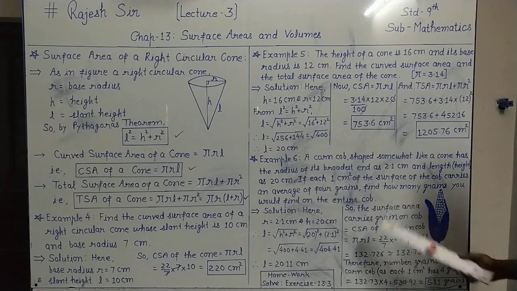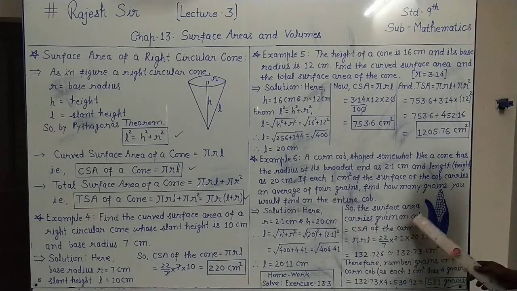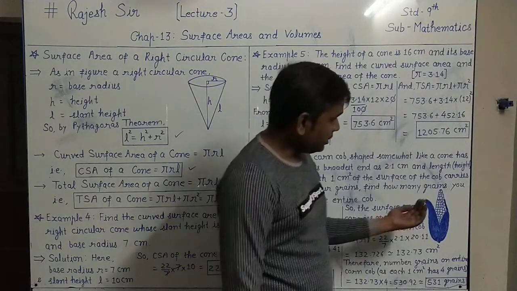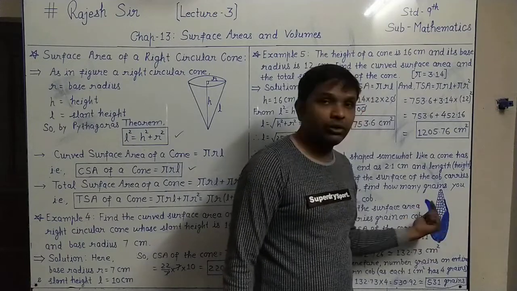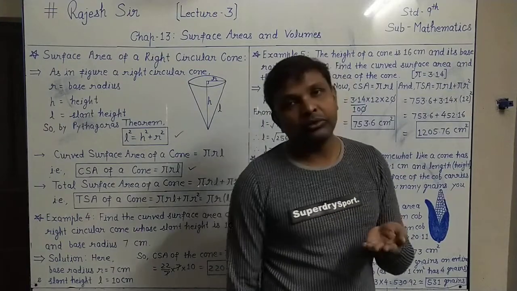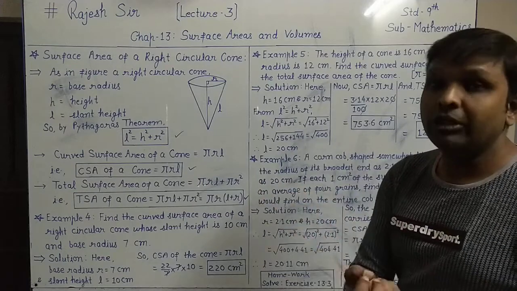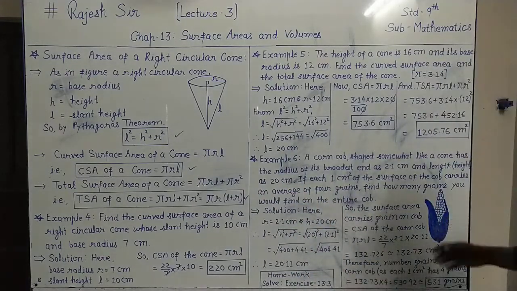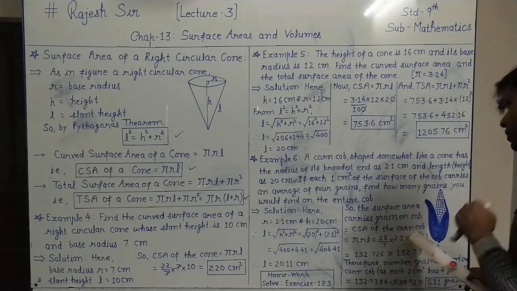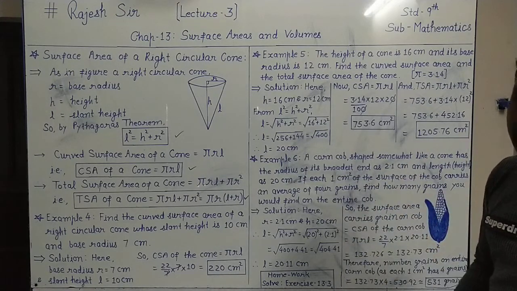Now next is how many grains on the cone that you will find out. So the surface area that carries grains on the cone, only the grains will be on the CSA part only, the curved part only. Its bottom part will not have grains. You have seen that the cone has grains, not on the bottom part, right? So the surface area that carries grain on the cone is equal to the CSA of the cone, not the TSA, because on the curved surface area only the grains you will find.